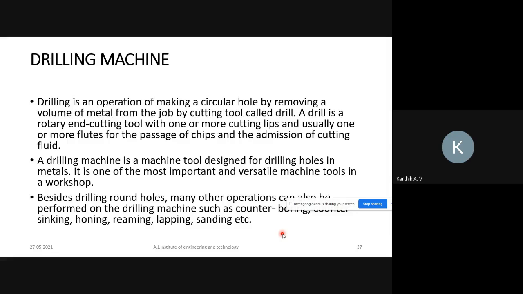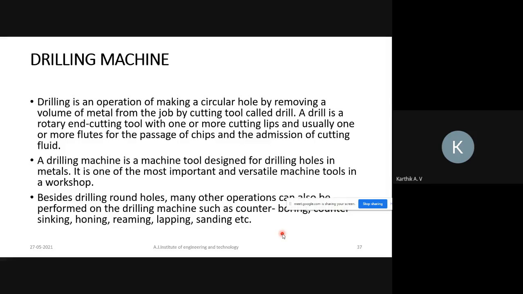The spindle is rotated with the help of a motor. The motor's function is to convert electrical energy to mechanical energy. Mechanical energy here is nothing but the rotation of the spindle. The drill bit is connected to the spindle, so the drill bit rotates continuously. Then you can move it upward as well as downward with the hand wheel. It will remove metal from the workpiece, and you will get the required hole in the workpiece. That is the drilling machine.